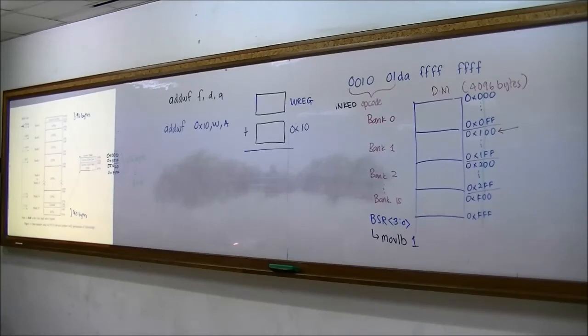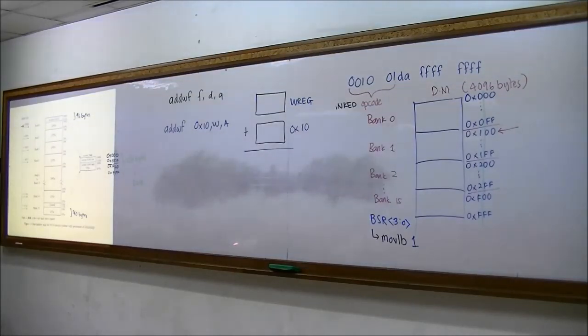For 16 banks you need 4 bits, and those 4 bits are selected in the bank select register. So how do you activate the bank select register? By using the instruction MOVLB. When you activate that, it will use the BSR to activate a particular bank. And in the instruction ADDWF, you need to provide the F. You can only provide the 8-bit address. The destination is up to you. Later we will see how to choose the right destination.